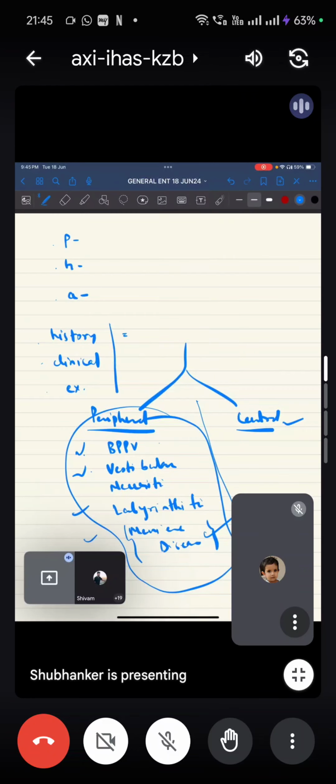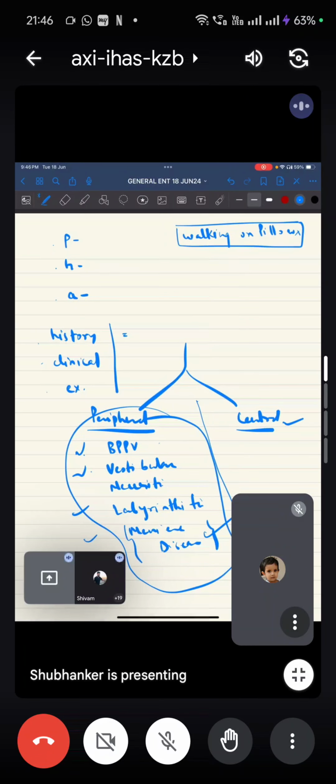In BPPV, basically 2-3 things you have to see. The vertigo is rotational and paroxysmal. The patient will be okay in between. He'll say, 'Chakkar aaya, it was there for a few seconds, and after that I became okay.' Apart from that, the phrase which Scott Brown mentions is walking on pillows, meaning 'my balance is not maintained while walking.' That is second. And the third thing will be